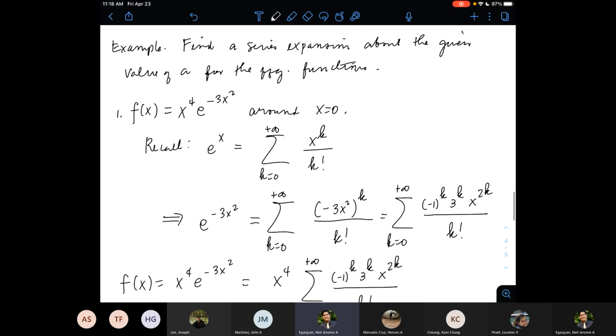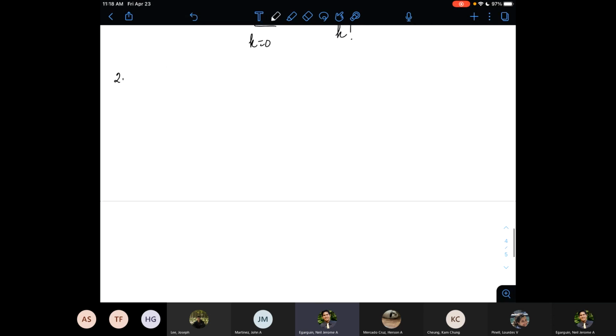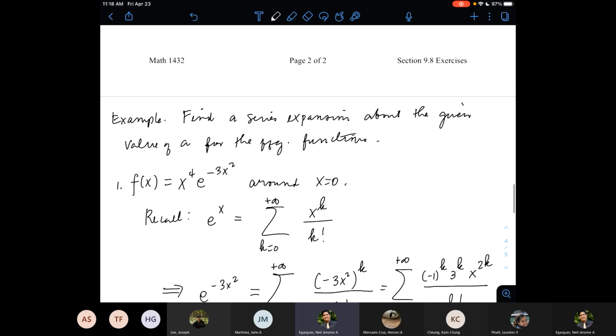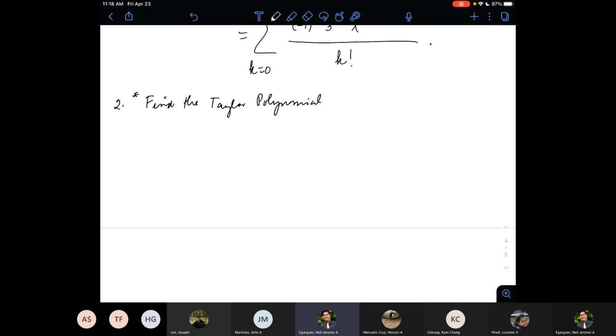Here, oh, but my instruction here is different. So how should I do this? Let me just put a star here. Find the Taylor polynomial. Because my general instruction is to find the series expansion, but I want to answer this first because this is much simpler. P sub 4 of x centered at x equals 0 for f of x equals 6 ln of